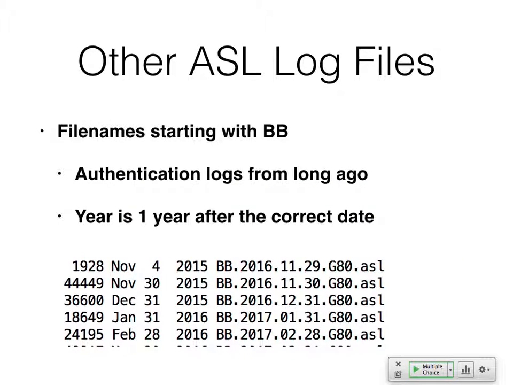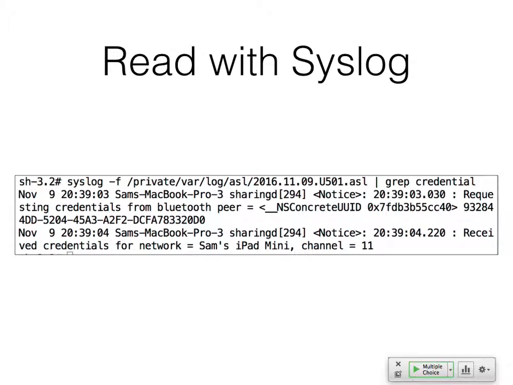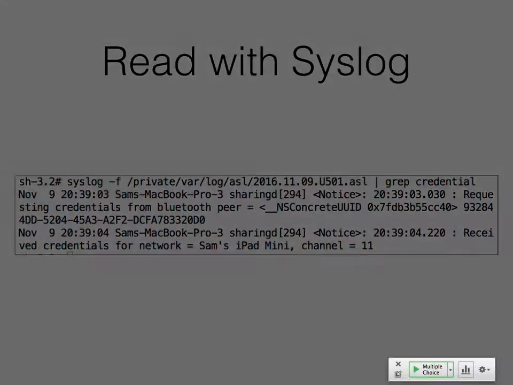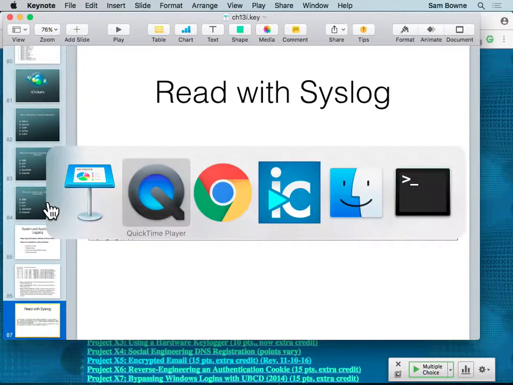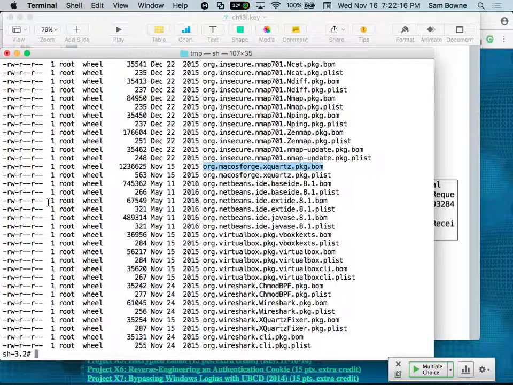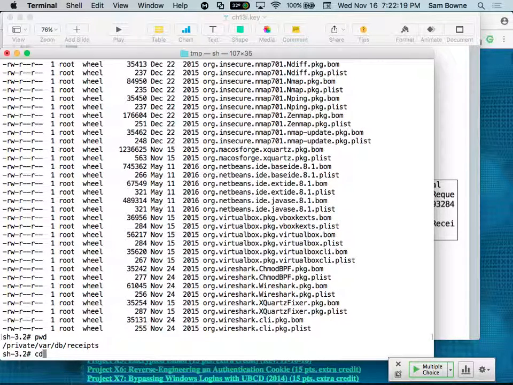There's these BB files. It keeps these files, let me just open this folder live here. Syslog, private, var, log, ASL. Let's see if I got it here. Okay, let's go there. Private